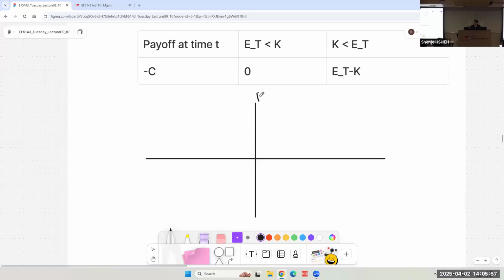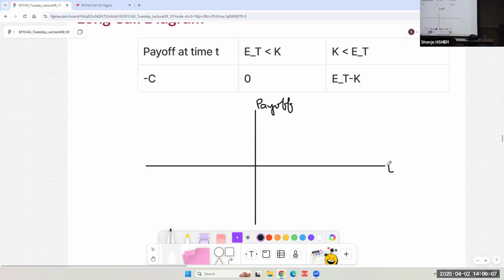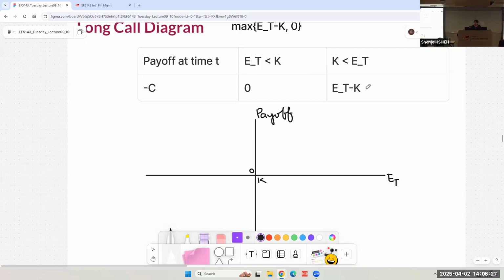So let me write now payoff here on the y-axis. The x-axis is the realization of future underlying price. Payoff is zero exactly at the origin, in which we have the strike price K. So notice that it's K, not F, right? And let's evaluate the payoff structure given these two states without considering this minus C. So when